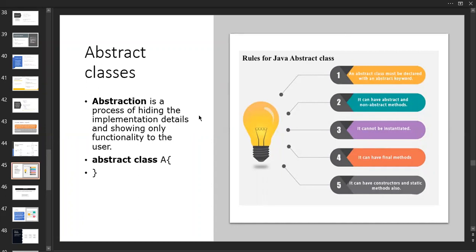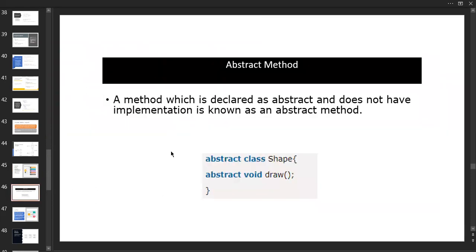Okay, now we are going to abstract methods. As we know, an abstract class consists of abstract methods as well as non-abstract methods. The method which is declared as abstract differs from the normal method we know, which has no abstract keyword. It's a common thing: we just add the abstract keyword in front of a method as well as the class.